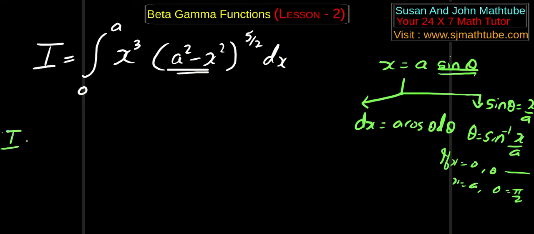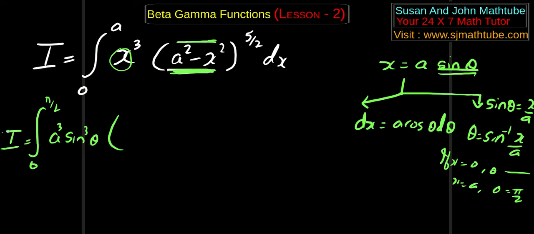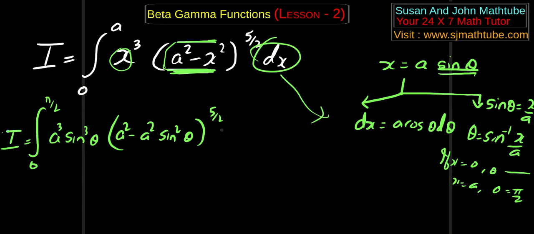Now let's substitute. I equal to integral 0 to pi by 2, x means a sine theta. So a cube sine cube theta. And this whole thing, you have to do that drama because in the exam there will be only one question, and that drama part is the presentation, and that presentation is very important. Minus a square sine square theta, the whole power 5 by 2, and our dx is here, a cos theta d theta, and that gives me a cube